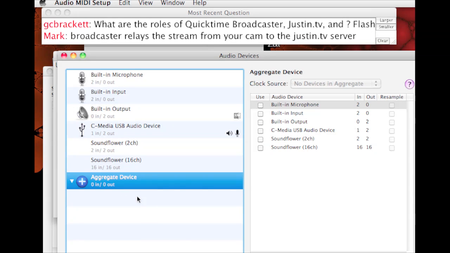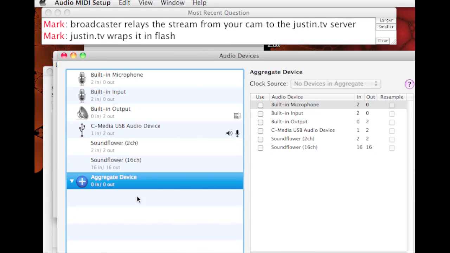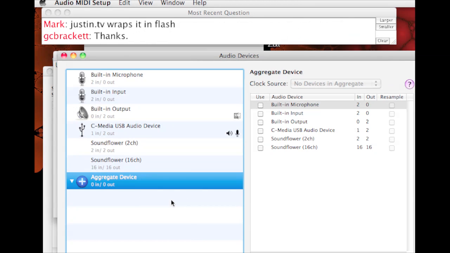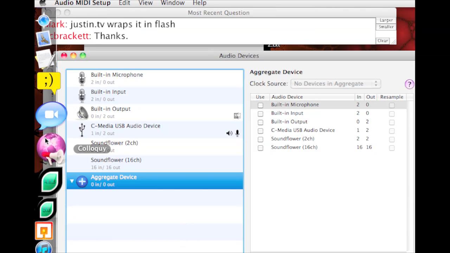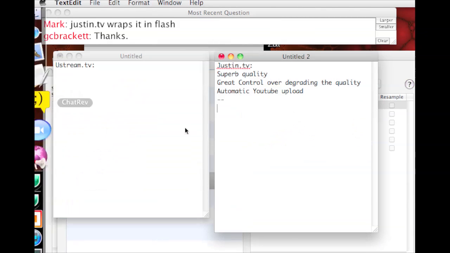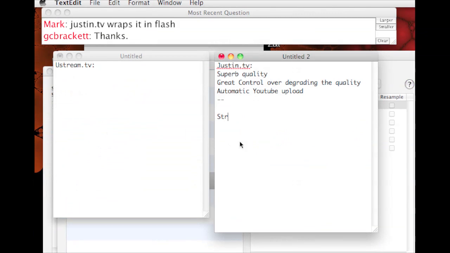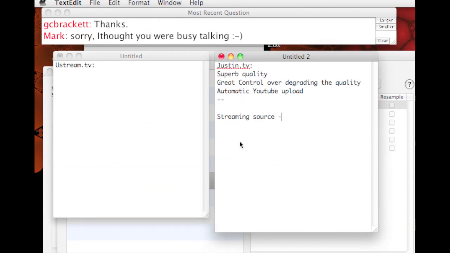So let's answer the question that came up. Oh, Mark is on that, so I'll just quickly tell you how this actually technically works. Basically you get a streaming source, which in this case is of course my computer,